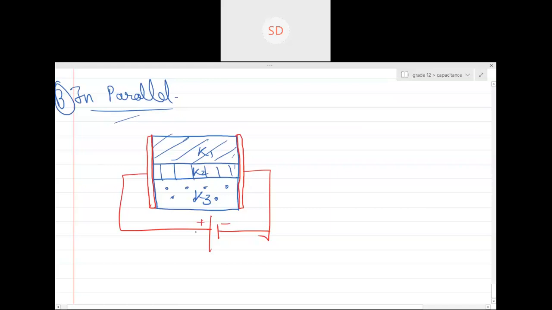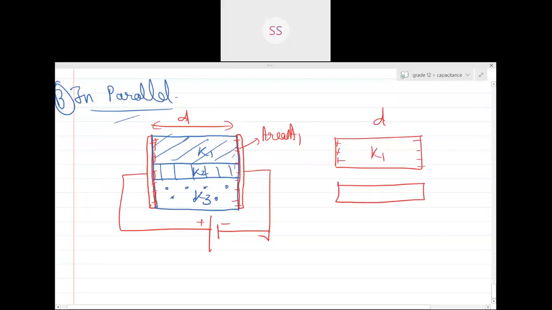See how. Whatever charge flows from this, the positive charge will appear on this surface and the negative charge will appear on this surface, right? If I talk about the individual slabs, can you see the thickness of this is d? So this is also d, and whatever positive charge is on the plate will be on this side, right? Let's say the area of this part is A1. The area of the second one is A2.